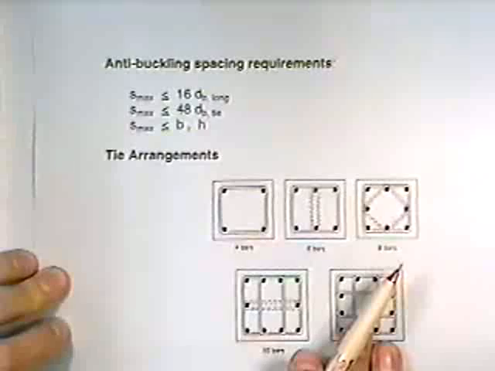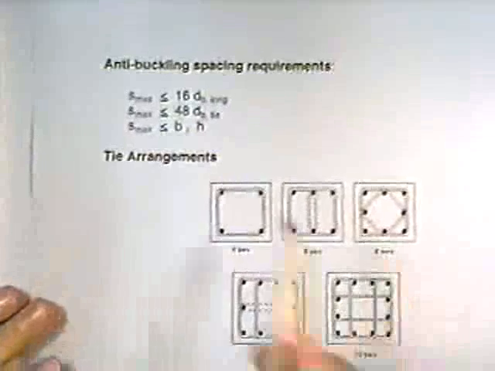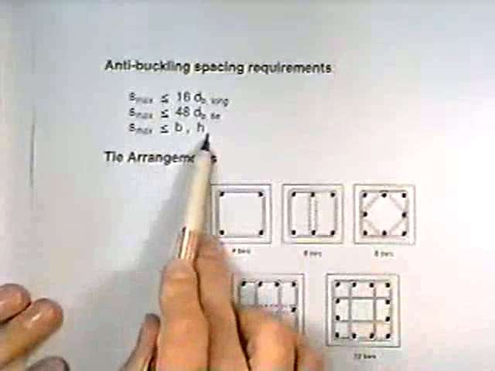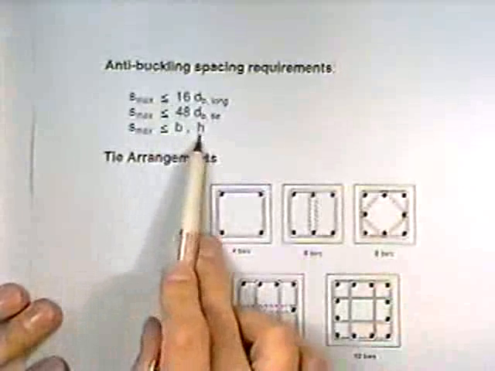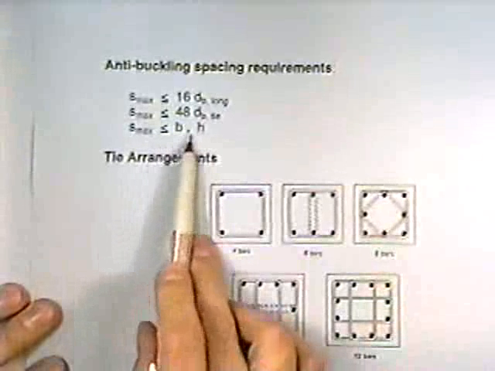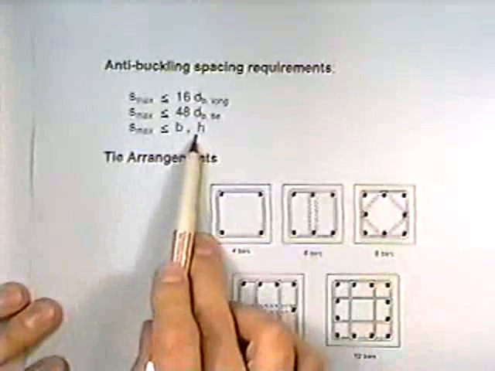What are you showing? B equals what? H equals what? Okay. B and H from this expression above. S max must be less than or equal to B and H. B is the width of the column, H is the height of the column. Okay, so those are properties of the cross-section. Now,